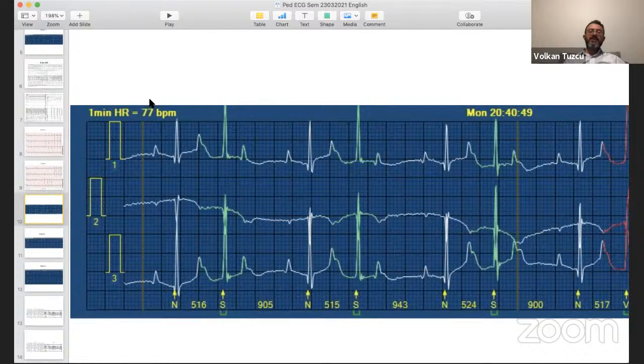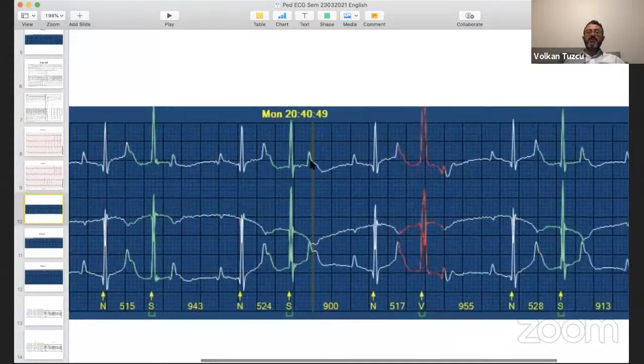And of course, the rate is not 77 because some of them are blocked, right? We will look into this separately. So first of all, we need to identify that this is not a PAC, okay? It's sinus because it comes at the expected time with the same morphology. Okay, why is it early then? Actually, it's not early. What's happening here is it's not conducting normally. It's conducting really long, longer than before. And actually, the next one is not conducting at all. So it's blocked. That's typical Wenckebach behavior, what you see here. So prolonged PR, and the next PR is shorter, okay? Again, 3 beats, third one blocked. Next PR is shorter. Same story.